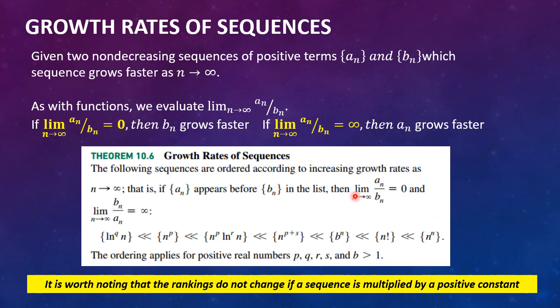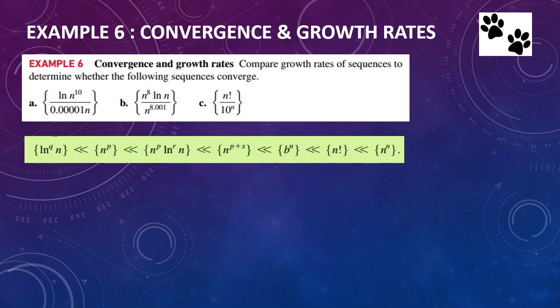So what we're going to do is use this ordering, knowing that, as we go to the right, these functions or sequences are growing faster, to compare growth rates. Let's look at example 6, convergence and growth rates. Compare the growth rates of the sequences to determine whether the following sequences converge. From theorem 10.6,